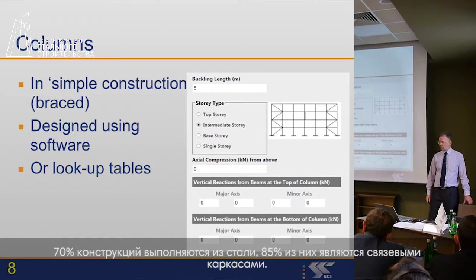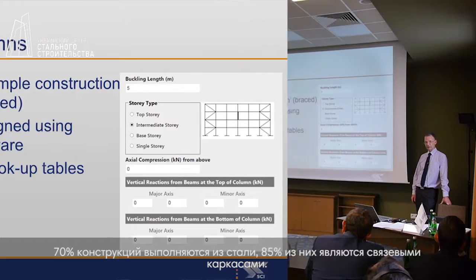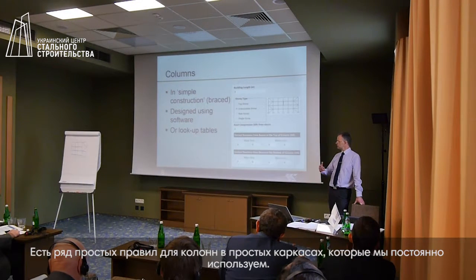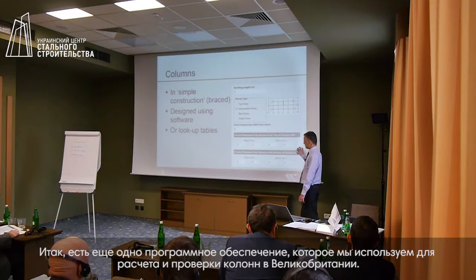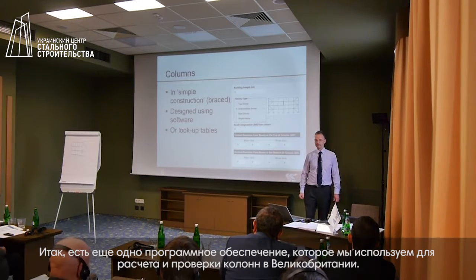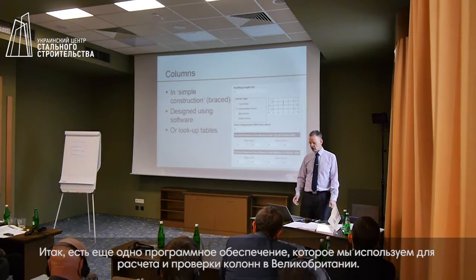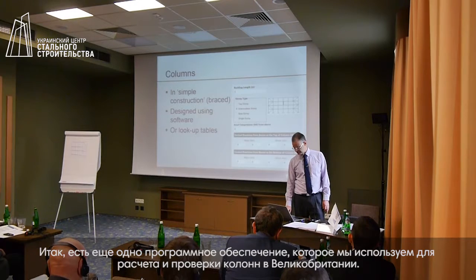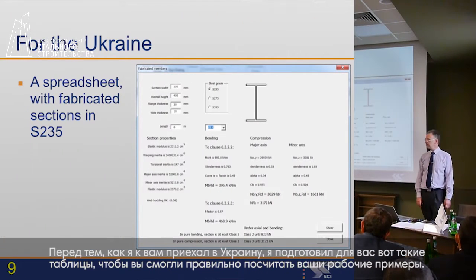70% of the structures are steel, 85% of the steel structures will be brace frames. So the simple rules for columns in simple construction we would use all the time. So there is, again, another piece of software that we would use to verify columns in the UK. In the Ukraine,